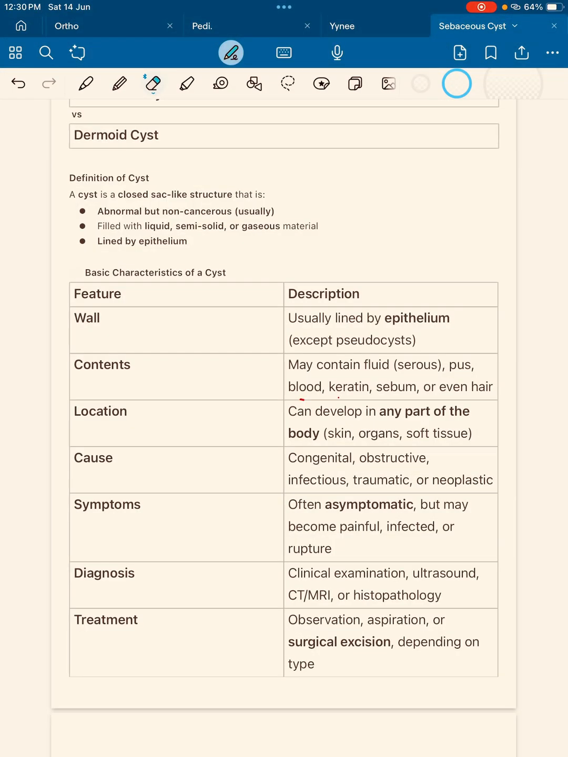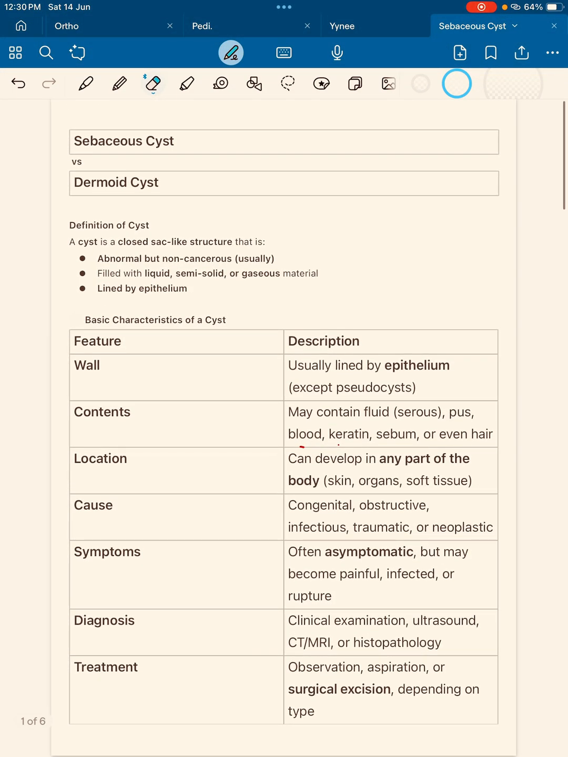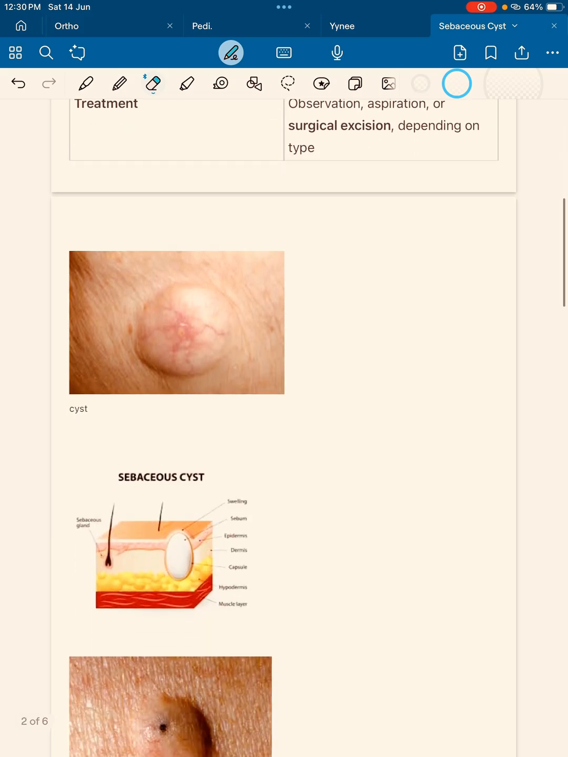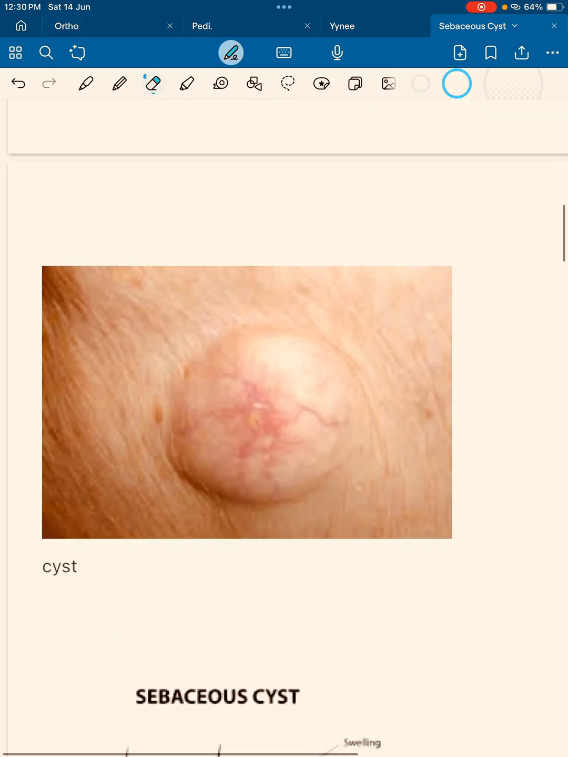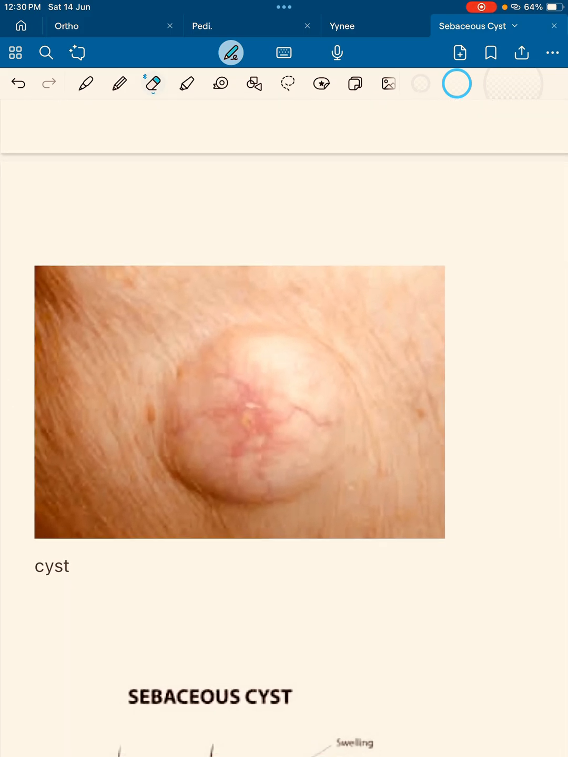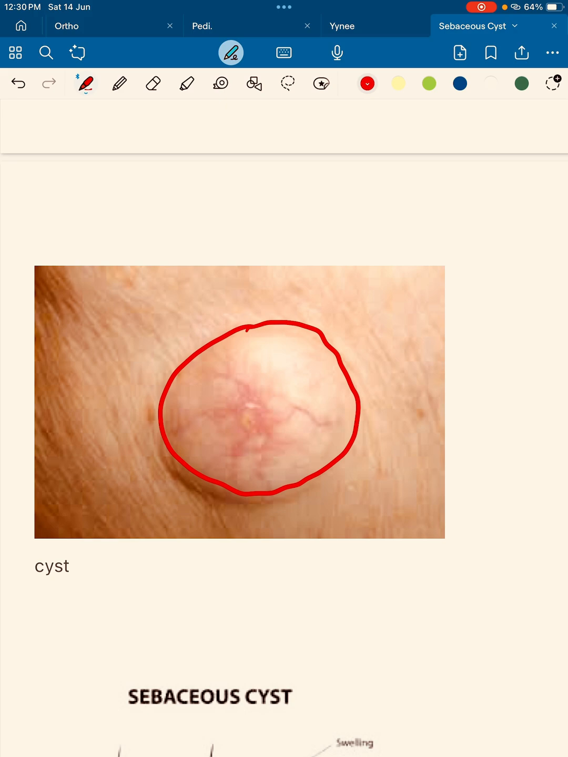Today we will discuss the difference between sebaceous cyst and dermoid cyst. For that reason, we will just give a short review of cyst. So we know that it's a cyst. The cyst is like a closed sac. A cyst is like a closed sac lined by epithelium and